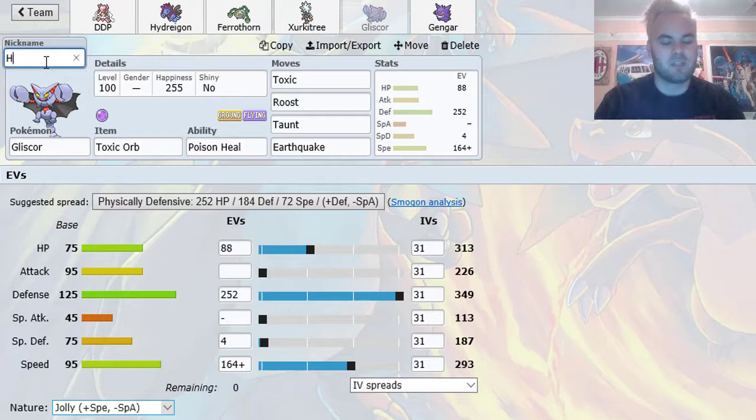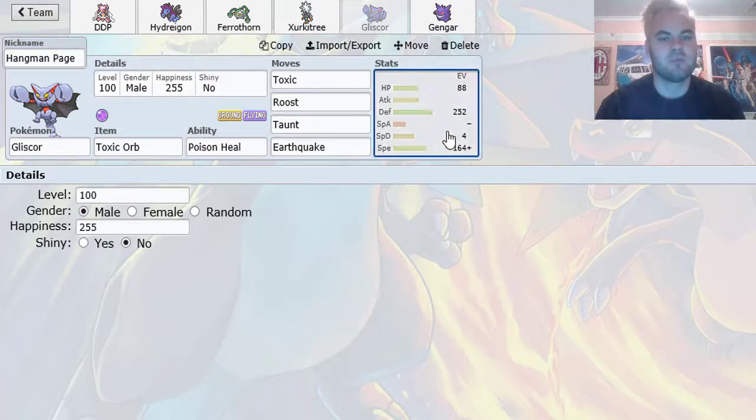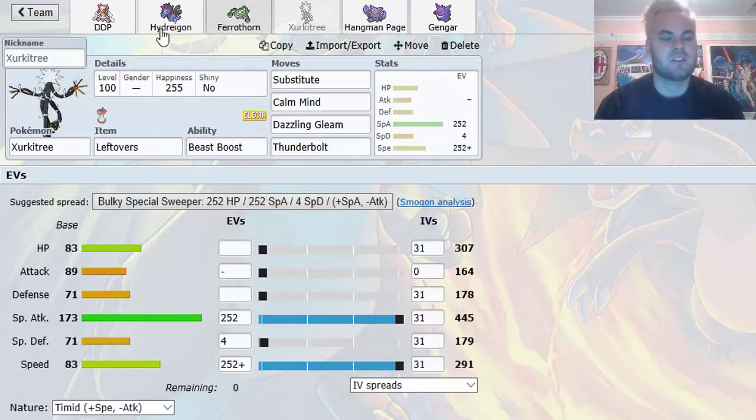So Gliscor's name is Page. 16 minutes in, this is going pretty well. So we have 3 very established sets of the Xurkitree. How am I designing this? Because I know that he's probably going to run enough speed on Zygarde. I think the way I want to design this Xurkitree is...